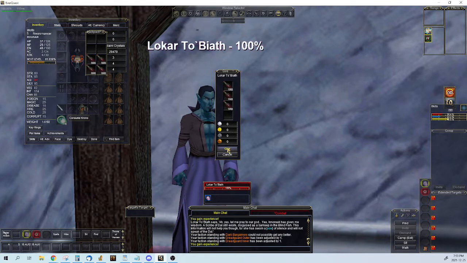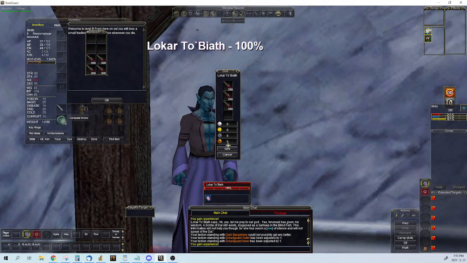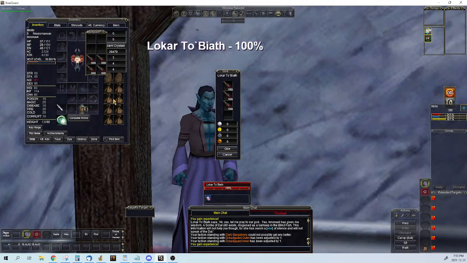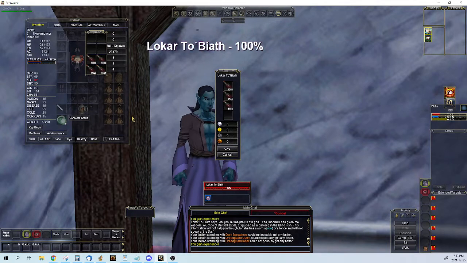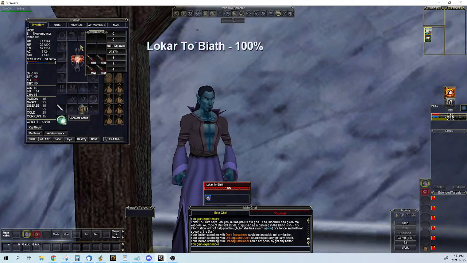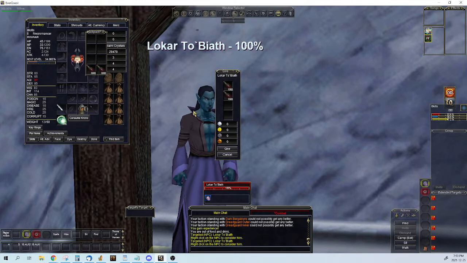So if I gave him 4 stacks, level 6, probably not much past that. 7, 8. It's better than I remembered. Yeah, so 4 stacks get you to level 8. So this will get me to level 10. And it will have cost...